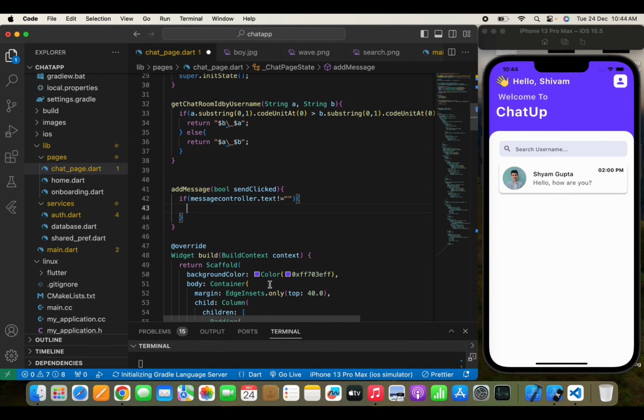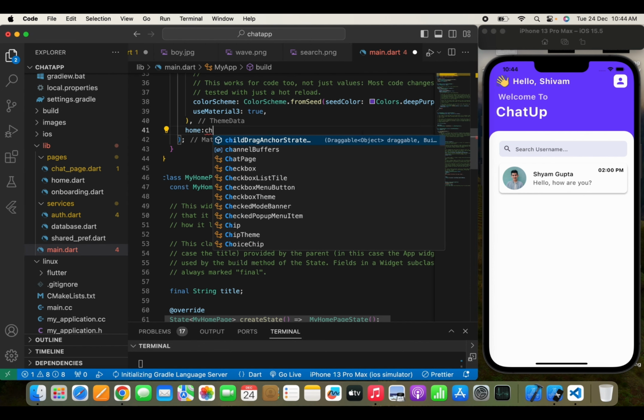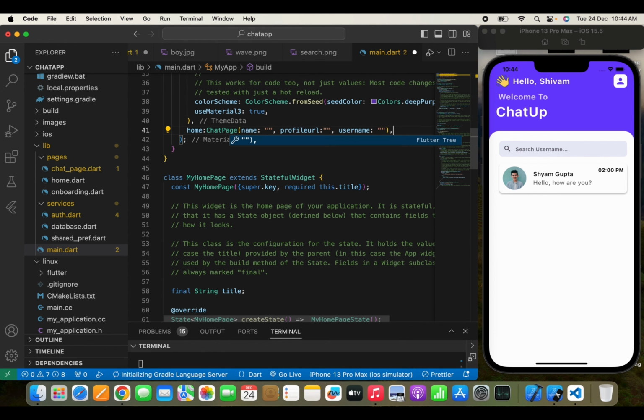Now let me show what text field I'm talking about. So let's call this and let's pass this empty, and when we add the backend I will show you what all things will be passed over here. I just want to show the text field so that you can get clear on what I'm talking about. Yeah,